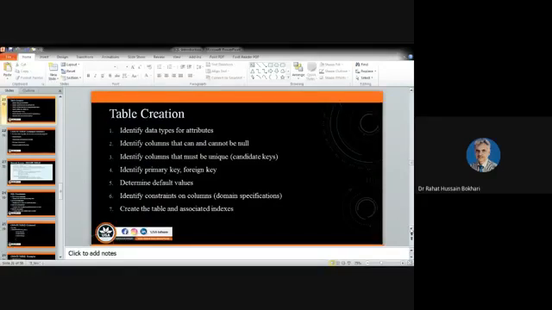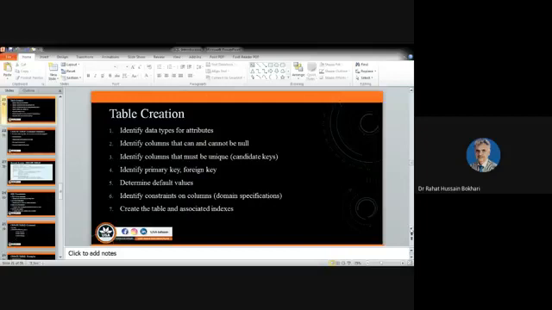Further it is talking about determining default values. This is also one of the options. In order to avoid entering the same value repeatedly, you say the default option is true for all the records. Let's suppose male is one of the attributes, and we say we are collecting data only about male persons. So you might declare that this is a default. Any record in that table should have that attribute value as male.